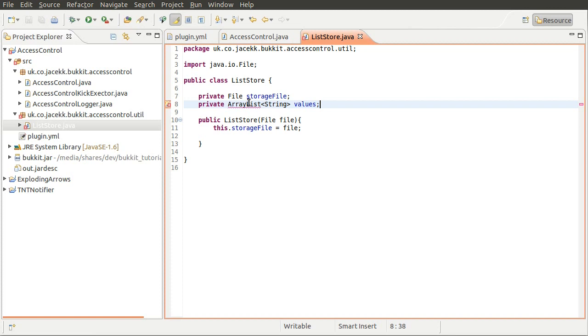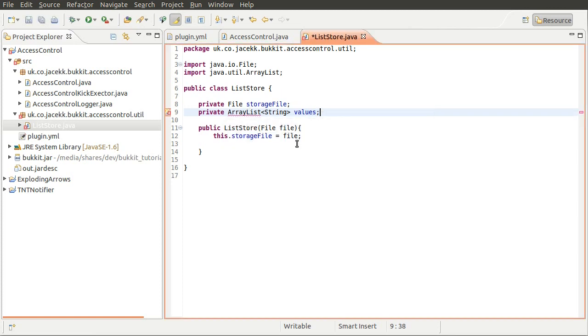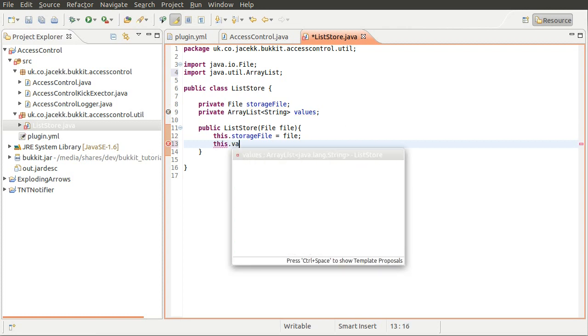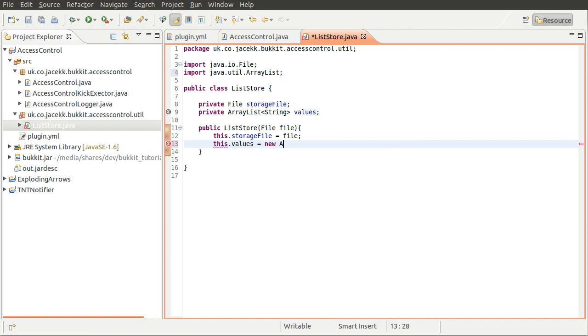And that'll need to be imported, as usual. There we go. So we need to give this a value. So what we're going to do is just create an empty array list. So we'll do this values equals new ArrayList<String>, like so. Right, so now that we've got our two properties defined, we'll be able to check to see if the file